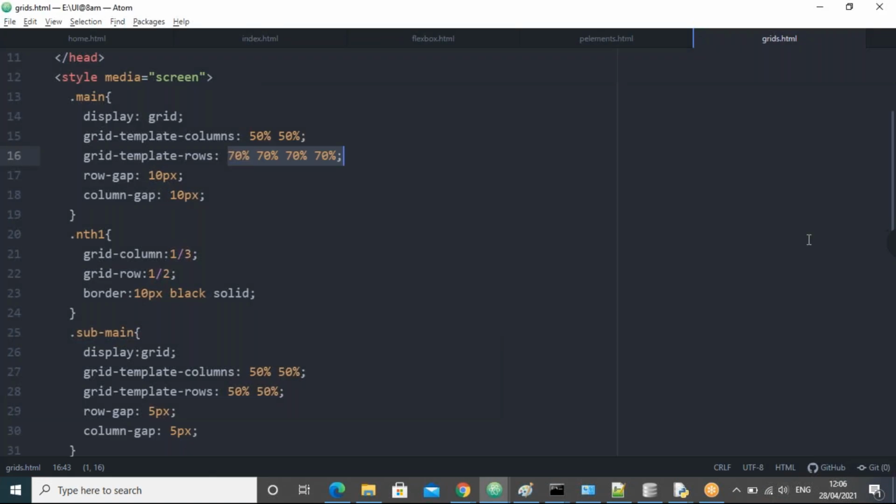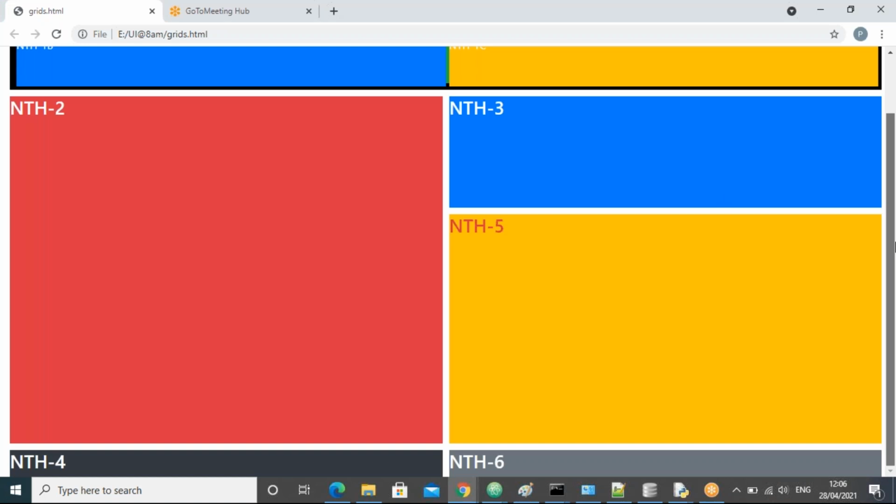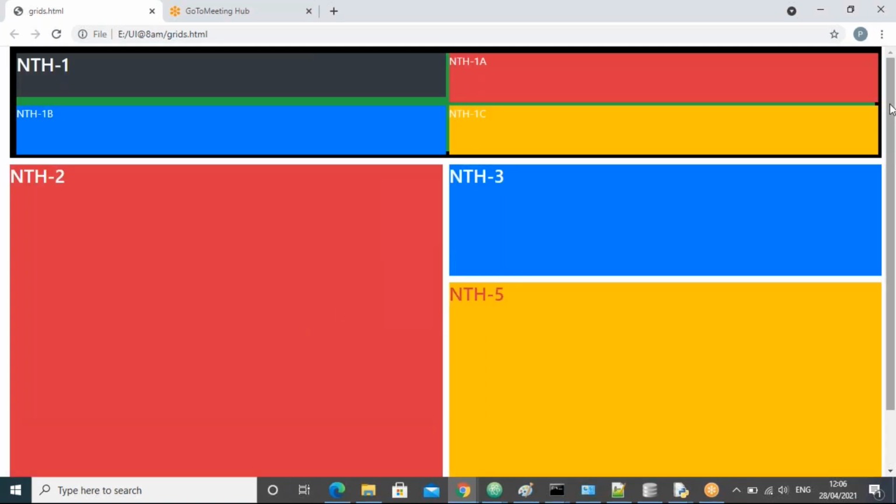All right. Now we can extend, guys. We can extend one more row size. That's all. Now all of you observe like this, guys. Like this, keep on arranging, guys. That's fine now, right? So this is how we work with this grid, guys. Display equal to grid. Right. Thank you, guys.